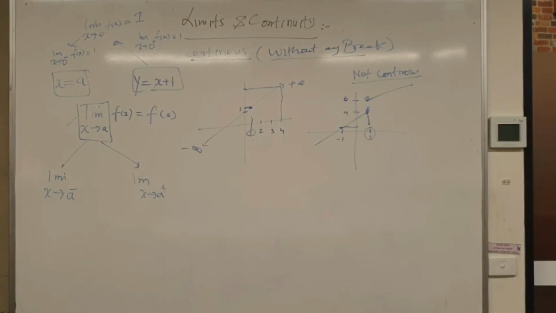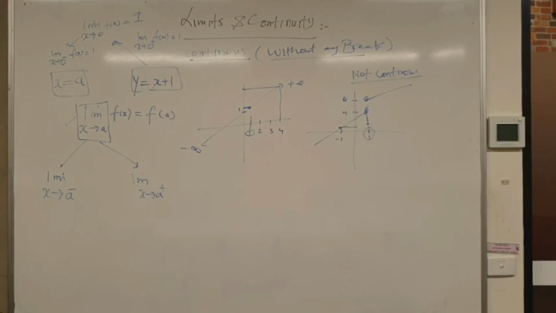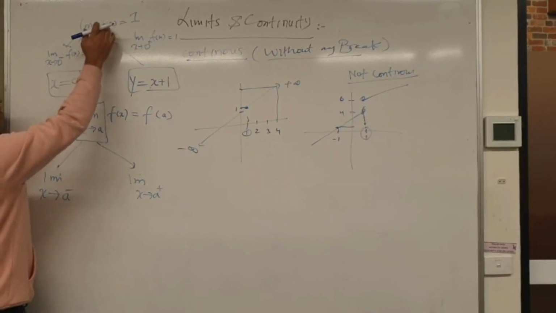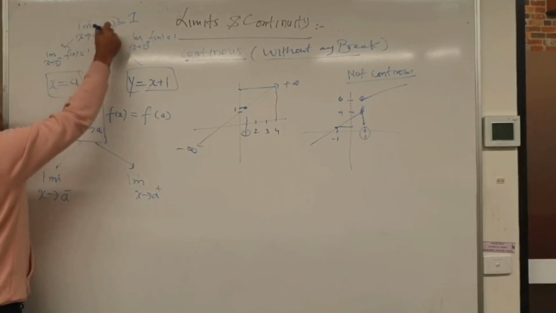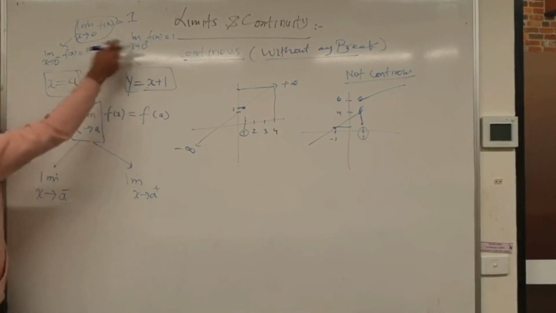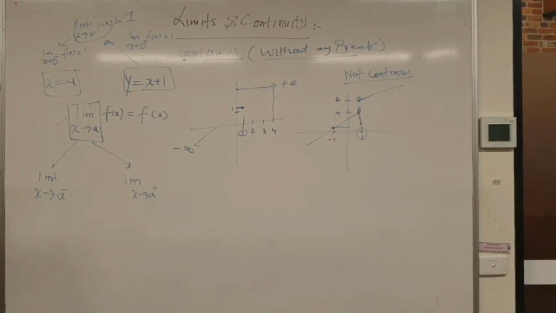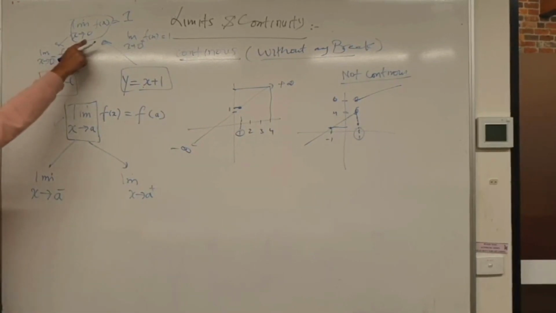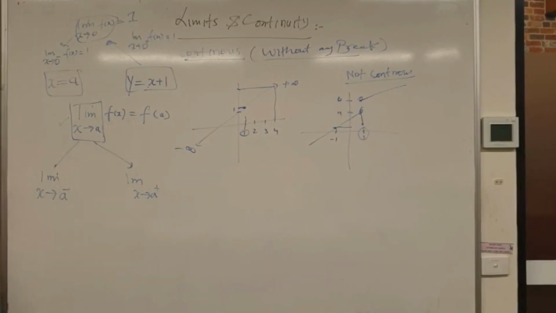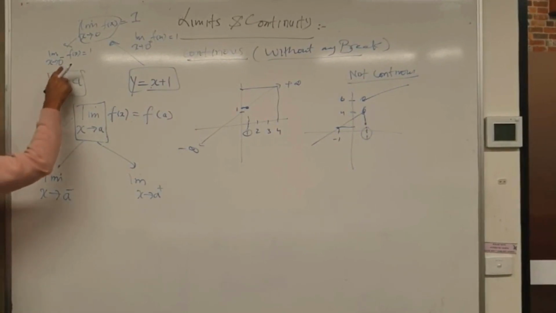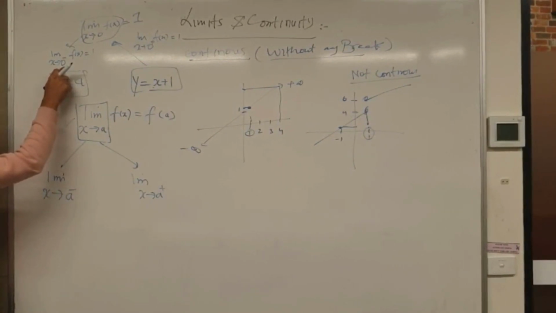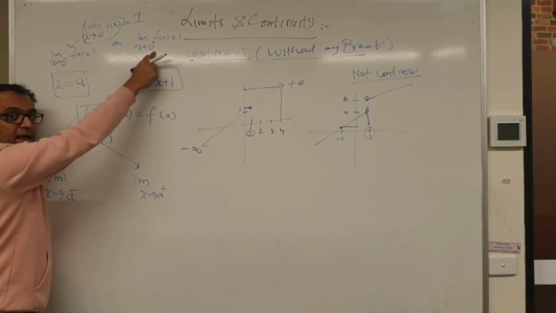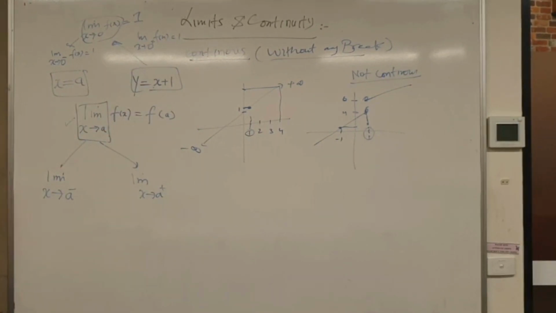There won't be any difference. And that is why I don't write these two expressions at all. This actually just means the function is continuous. If you get a different value here and a different value here, then the function is not continuous. Let's take